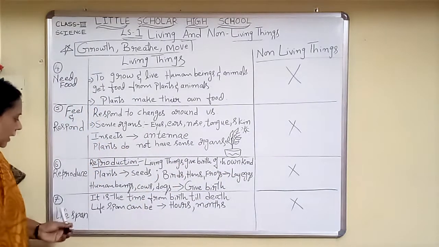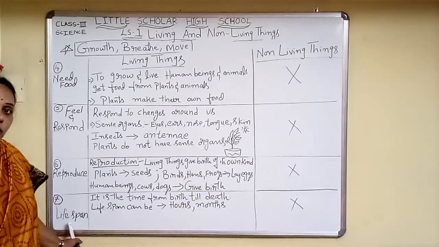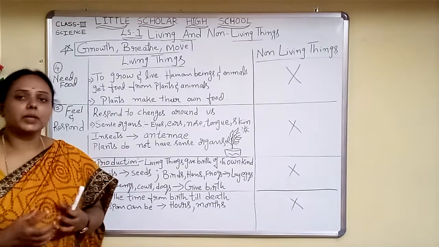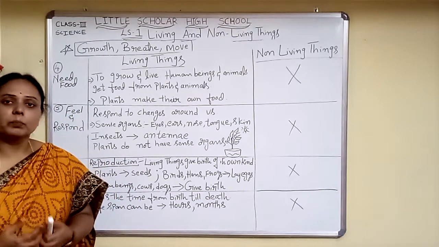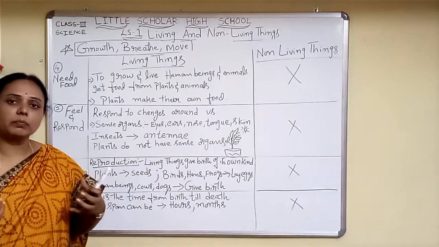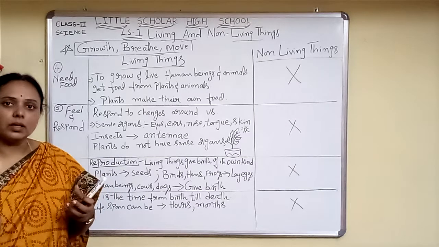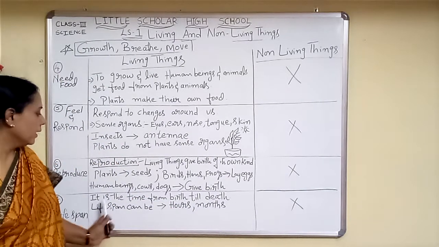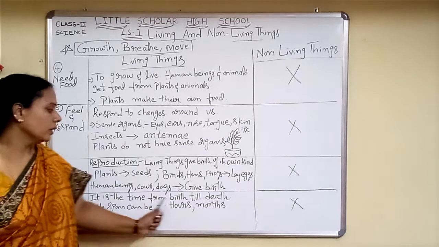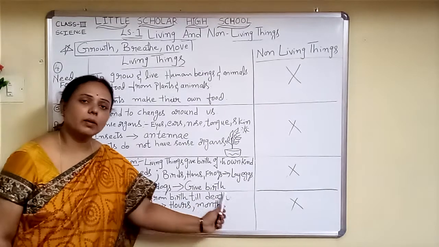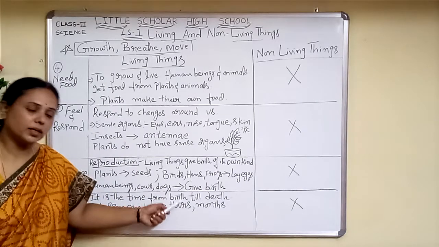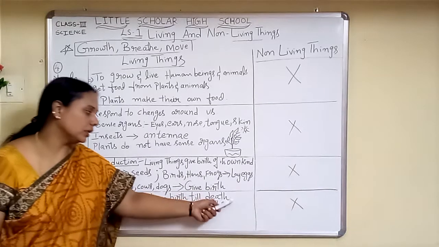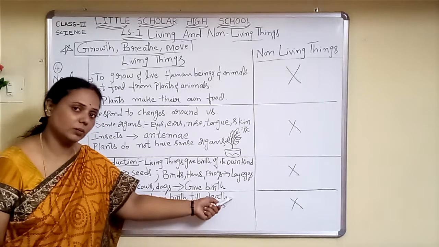Now the last one when we talk here is about lifespan. Now what do you understand by lifespan? Lifespan is nothing but a time period, a number of years, from birth to death. What is a lifespan? It is the time from birth till death. From the time a baby is born, or an animal is born, or an insect is born, which has life, till the time it loses its life, that is the death.